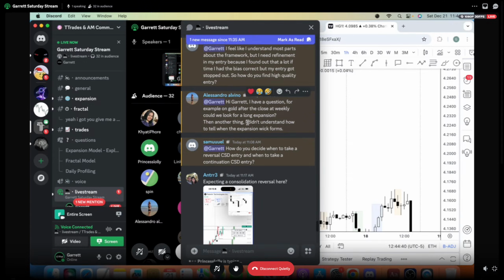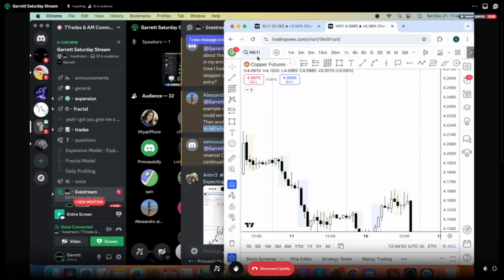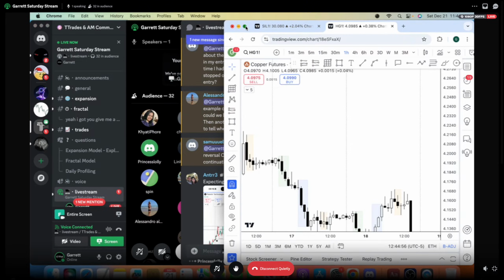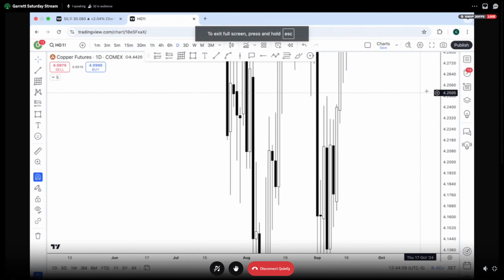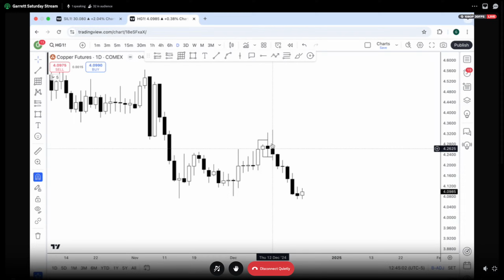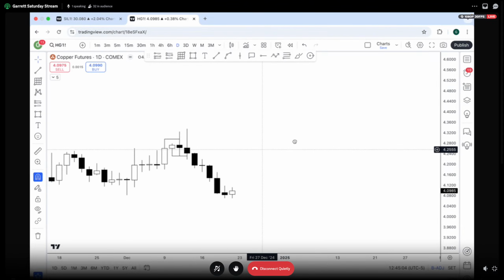So one thing about the expansion wick is when the wick hits a key level and then forms that intracandle CSD. I'll go over T-Trade's course about that. It's pretty good. And I also want that small opposing run because we only want to trade expansion candles. And when you don't have that small opposing run, it's hard to anticipate a candle to closure. You don't want to be involved in this, right? So like here,